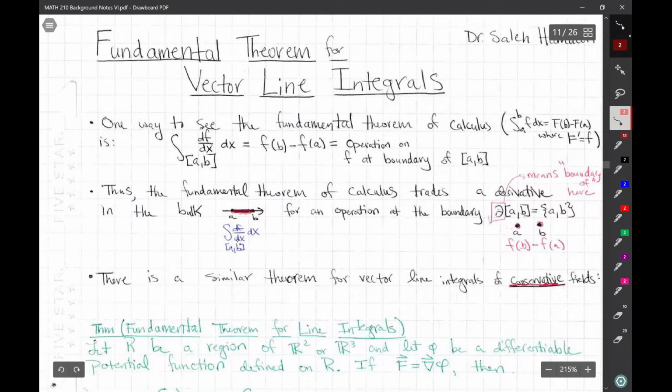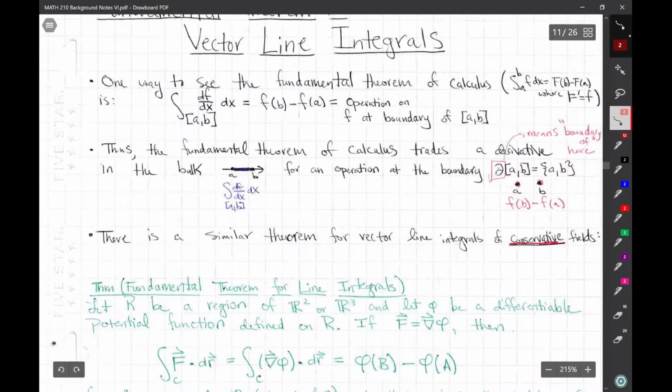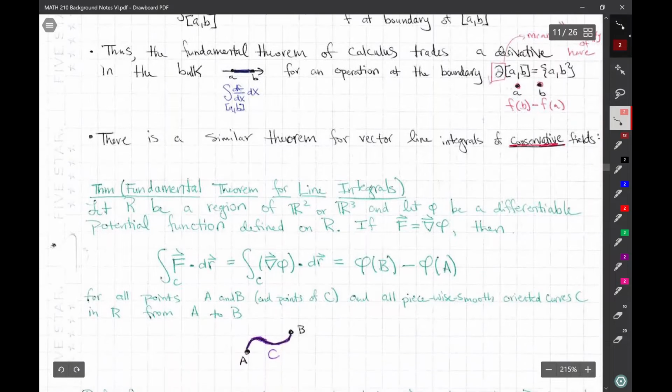So you could trade this integral of the derivative in the bulk of AB for an operation at the boundary of AB. Now this symbol here means boundary of the interval AB, and you get the set of points A and B. So you could trade a derivative in the bulk for an operation at the boundary. That's the core of what the fundamental theorem of calculus is telling us, and we will get similar theorems for all sorts of derivatives, and among them are